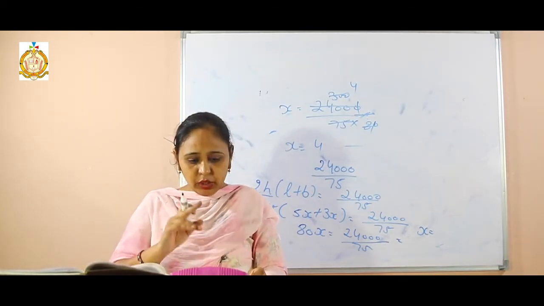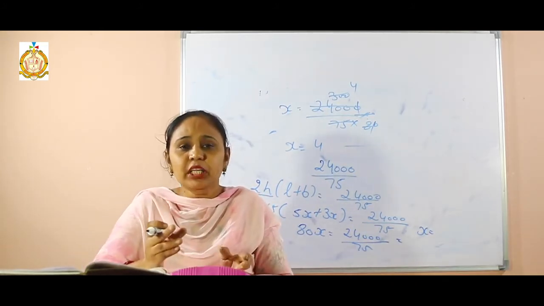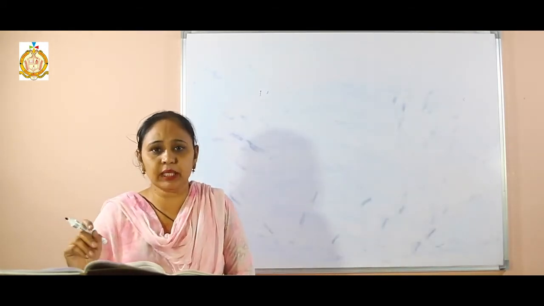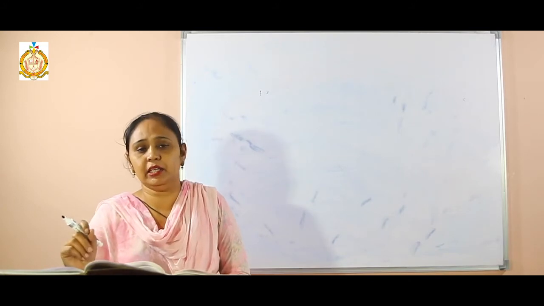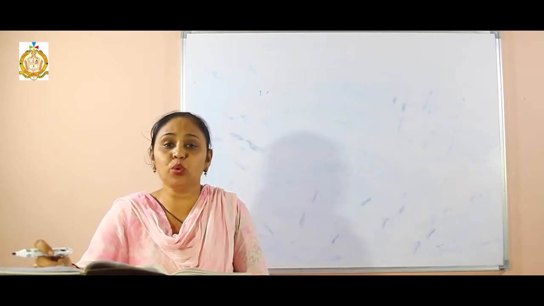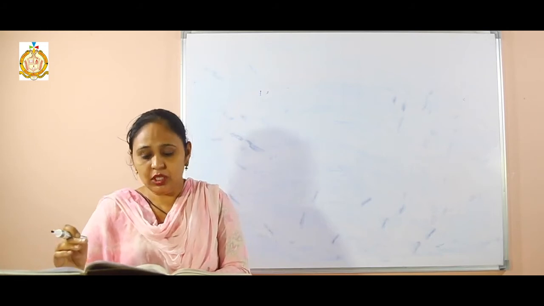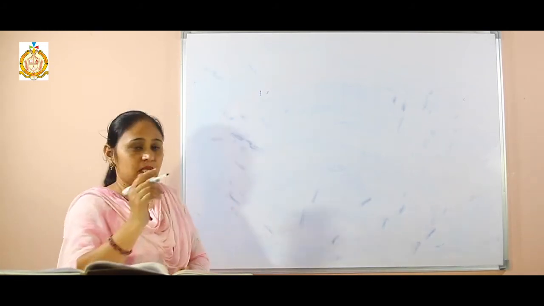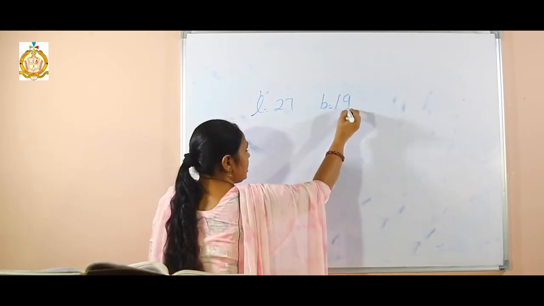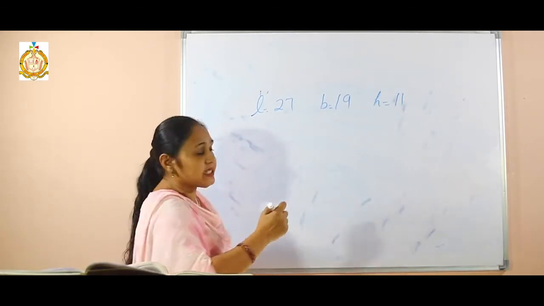Then now I am going to solve one sum that is external with internal. Now what is the meaning of external and internal? Now I am going to explain the next sum, sum number 11, external and internal dimensions. In this sum, see the statement first. The external dimension of the closed wooden box, external, outside. Then we see 27, 19 and 11. Length is given 27, breadth is given 19 and height is given 11. These are given in centimeters.